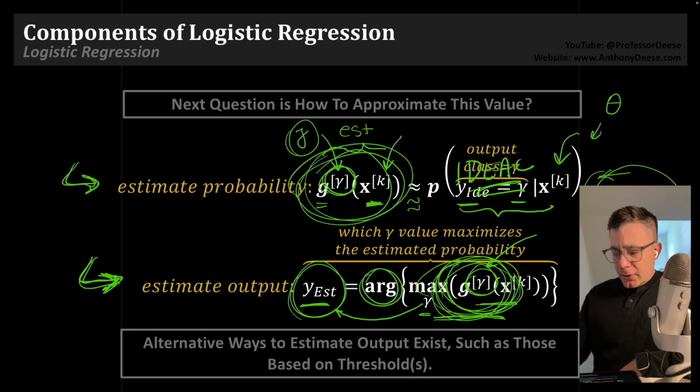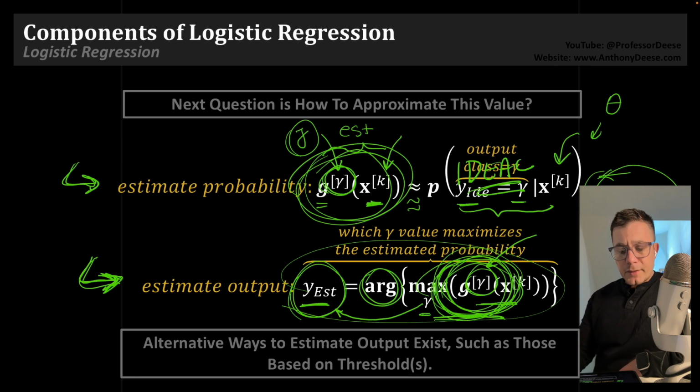Now there are alternative ways to estimate this output, such as methods based on thresholds. This is similar to what we talked about 1 or 2 slides back. However, this method here is very popular, especially for multi-class classification. Why? Because we normally want to provide the user with a single output classification or category. It can be confusing to tell the user your input doesn't associate with any categories or it associates with more than one. So the most straightforward way to do that, as shown right here, is simply to look at the array of all the probabilities associated with all the classifications and pick the one